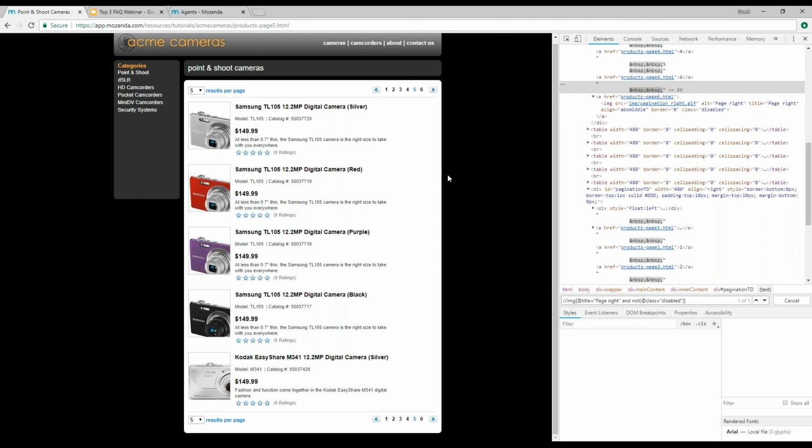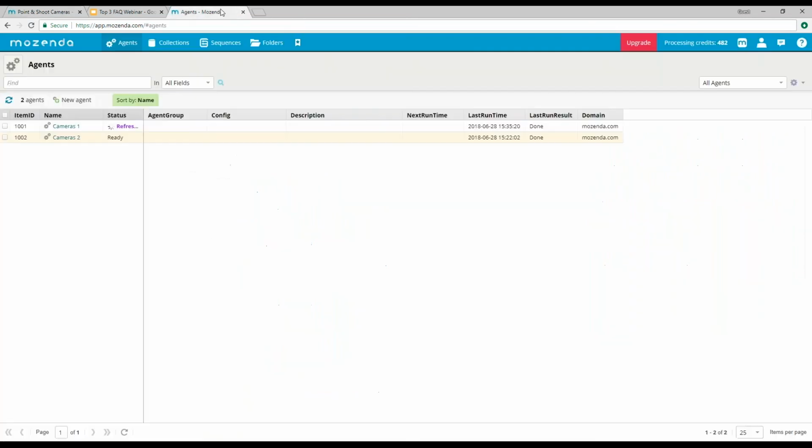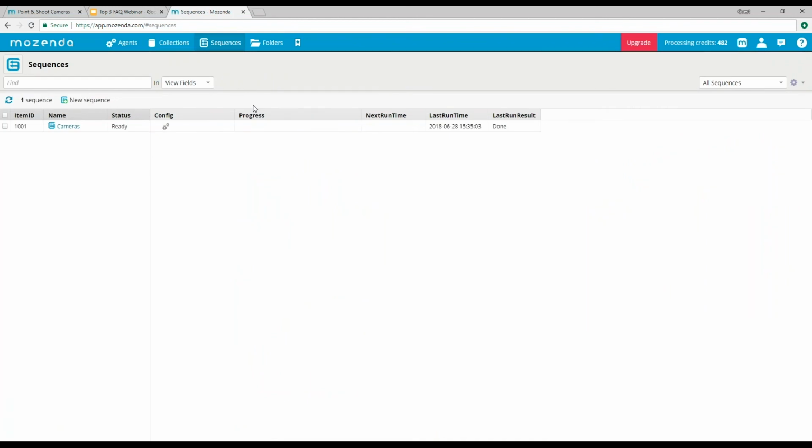There's another question that says, can you make the sequence steps conditional? If, then, else. That's kind of a little bit of a gray area. Mozenda on its own doesn't have built-in if-else-then type of logic, but you can do quite a bit with the sequencer. I don't want to dig too deep into this question right now